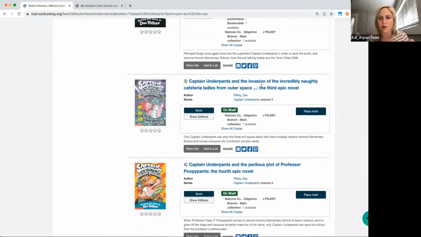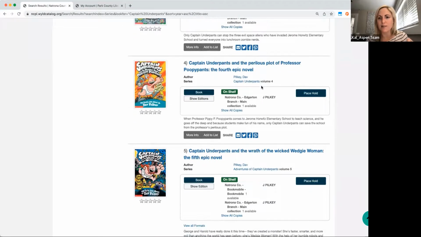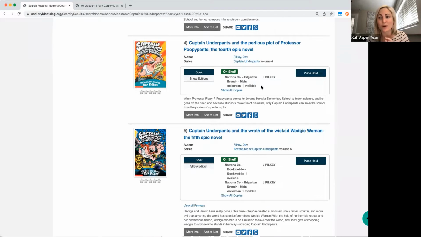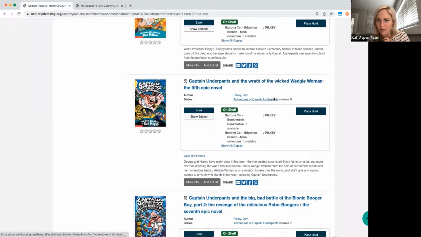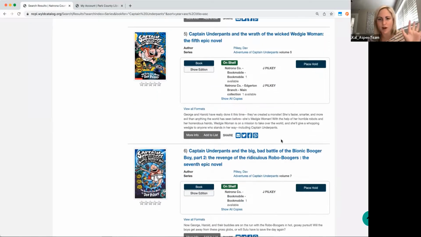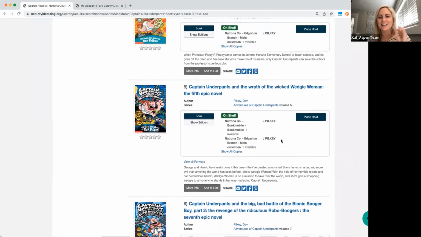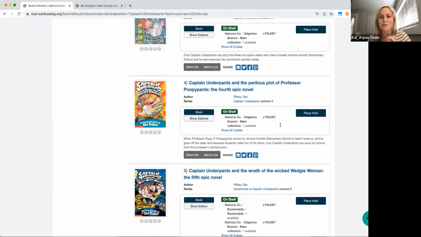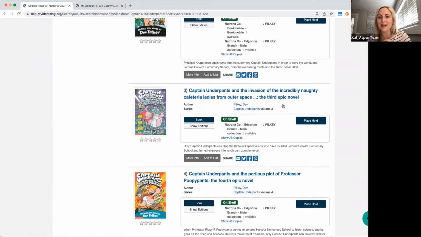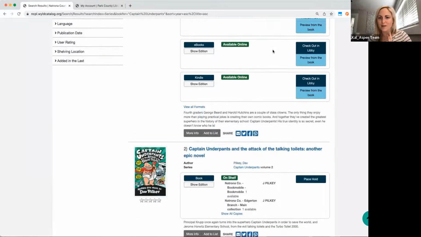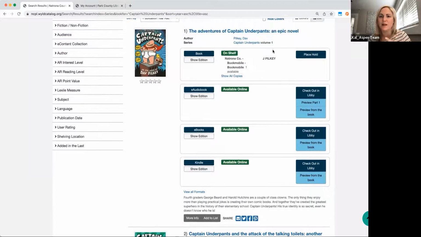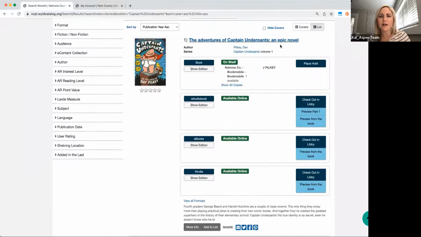So as I scroll through, sometimes it will put it in exact order, which is amazing when that happens. But I will say it's not always 100%. This one looks like it's doing pretty good. Oh, we skipped from 5 to 7, but the first 5, they were right in the order, which is really nice. And I just know this is such a pain point for me when I was a librarian, helping folks get that series information. So just know that there are some tools within ASPEN to help you with that.